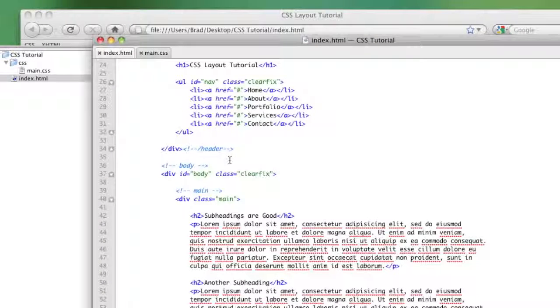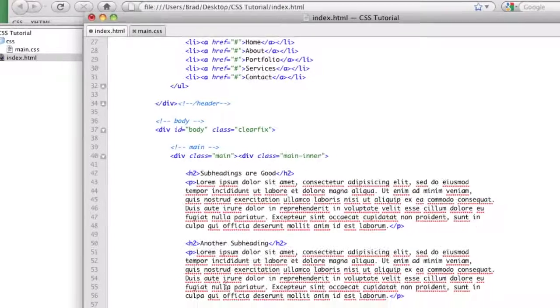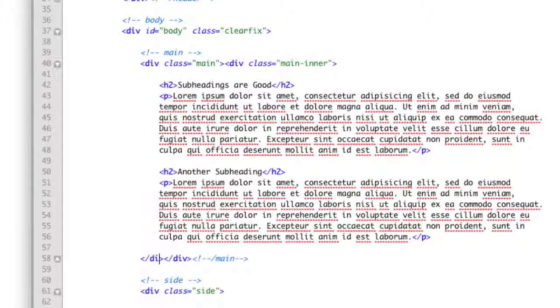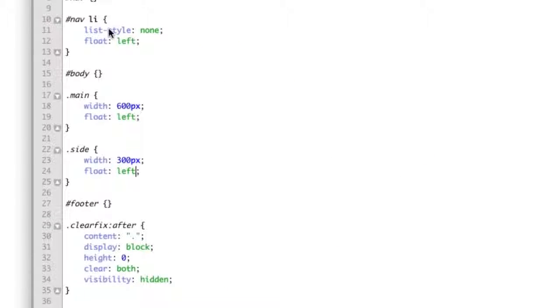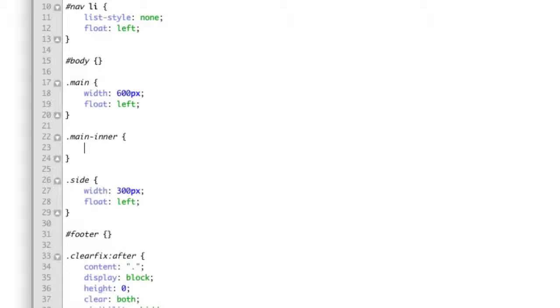There are a lot of different ways to do this. I'm going to show you just one method. It's my preferred method. So we're going to add a new div inside our main column and title it main inner, and then close our new div, and then write a new bit of CSS, main inner